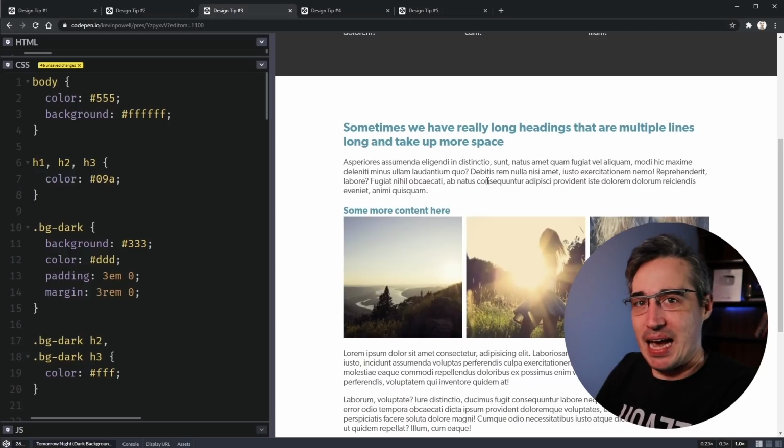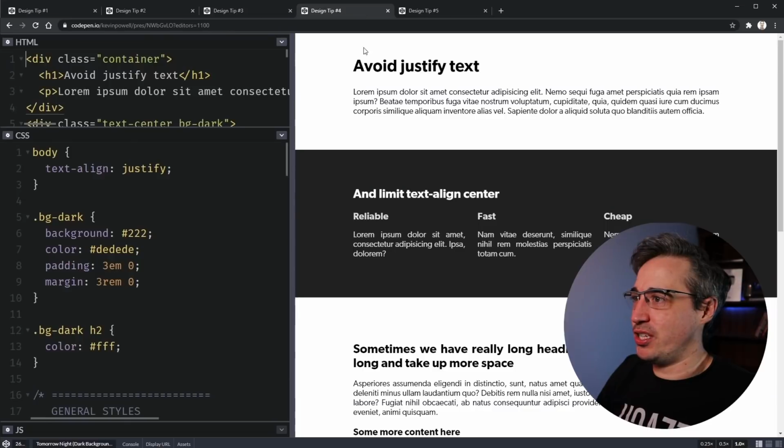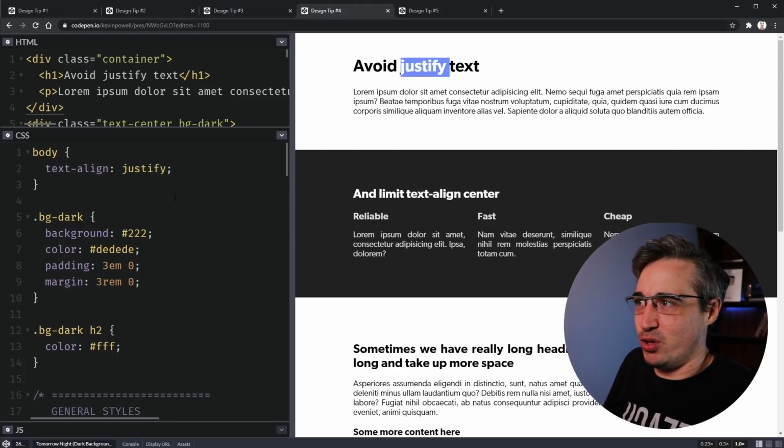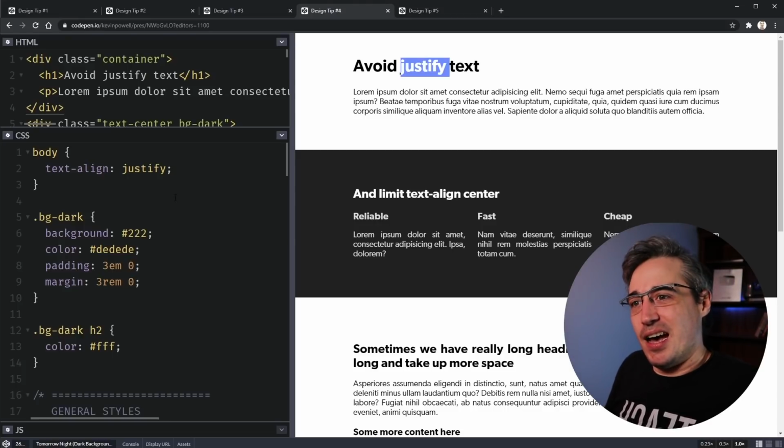But you don't have to be adding color necessarily to create that extra contrast. Heading on over to tip number 4. This one is more important in certain circumstances than others, but in general, I would just say don't use justify text. The general rule for typography is if you're doing justify text, you need to have hyphenation.